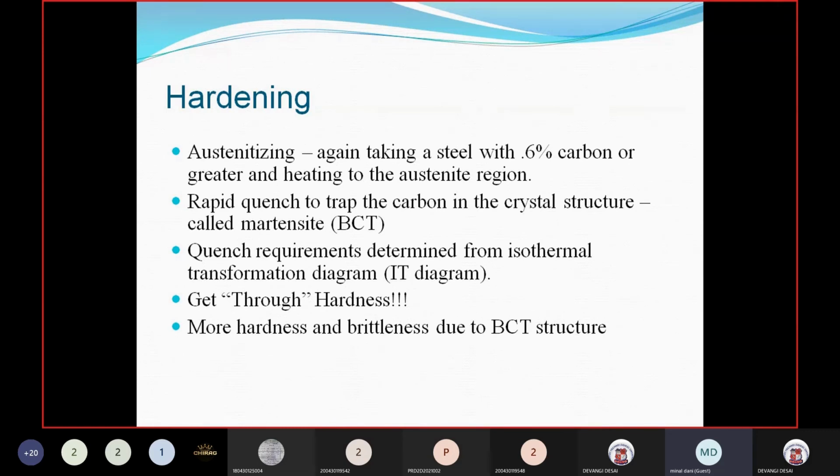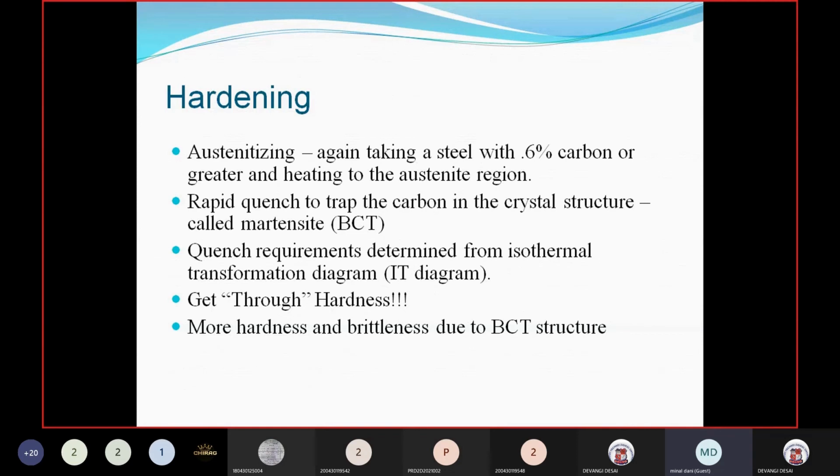So different quenching media are water, even you can use oil, you can use polymer quenching, in which they are doing a polymer blast. You can do air quenching. Once your specimen comes out, at the same end they are putting a pedestal fan, so air is directly blown on the specimen and the specimen is cooled. Another quenching media is the brine solution or salt solution, in which chloride solutions are there. So it is the fastest way to cool.